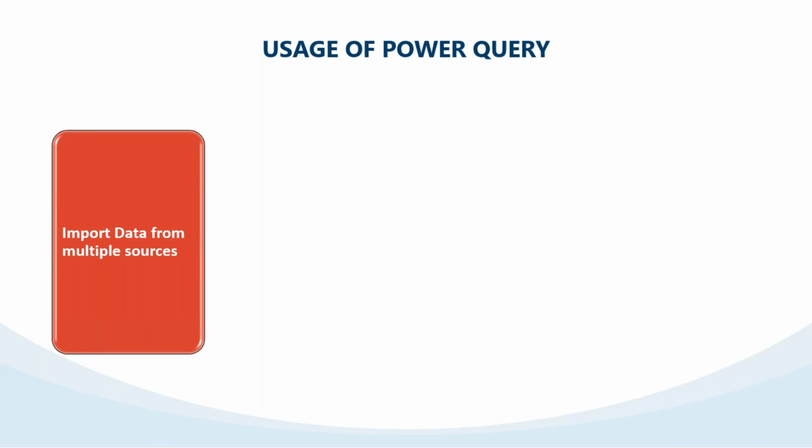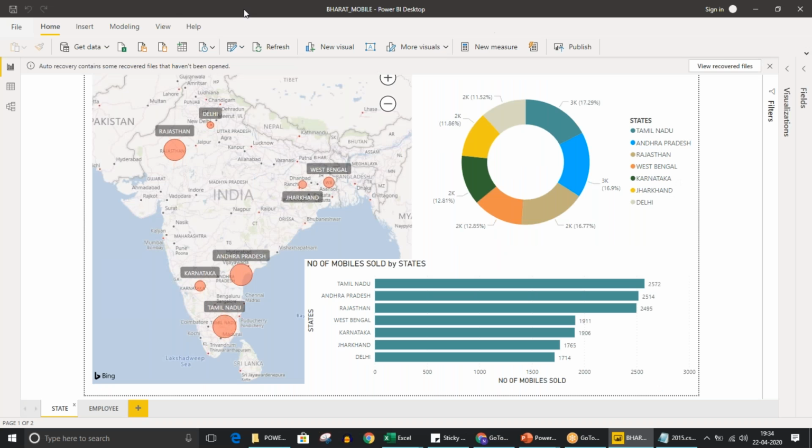You need to import data from multiple resources. Extract, E. You need to import. How do you import? Just I'll open an interface for you. This is our application. It's a free application provided by Microsoft. It's called Microsoft Power Business Intelligence, or in short, BI. Now, if you go to get data, you'll see